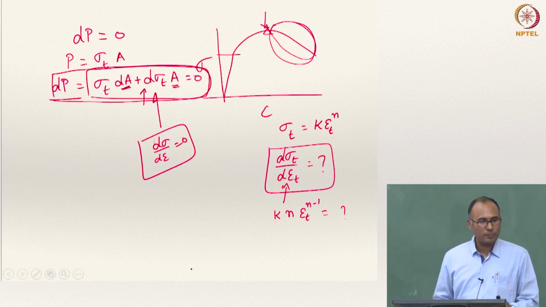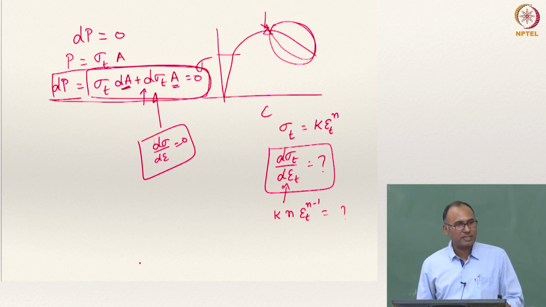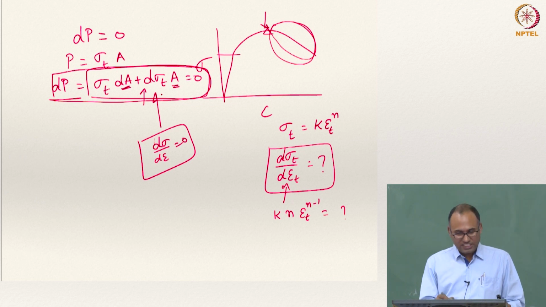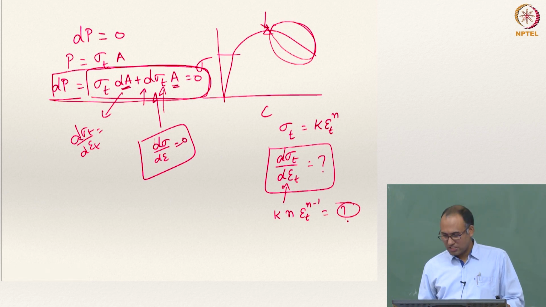So you can write, from the volume constancy, dA by A in terms of dL by L, and from there you can bring in the true stress strain value, right? And hence you would be able to correlate d sigma T by d epsilon. You can get d sigma T by d epsilon T from here. What should that be equal to? And then equate that to this. So you have to get d sigma T by d epsilon T from this relation, right? And then equate that to this, and then you will see